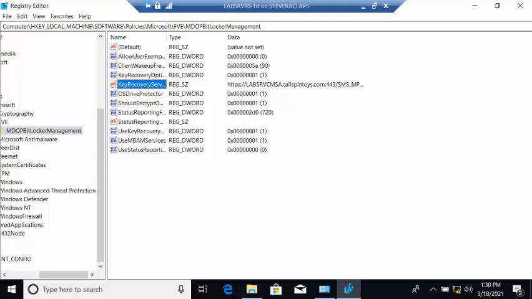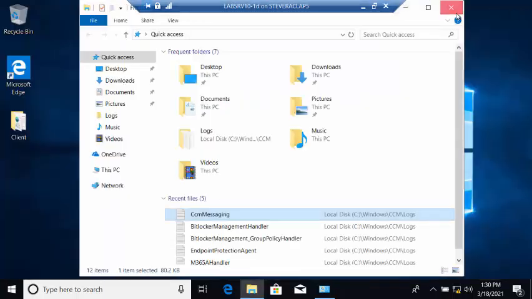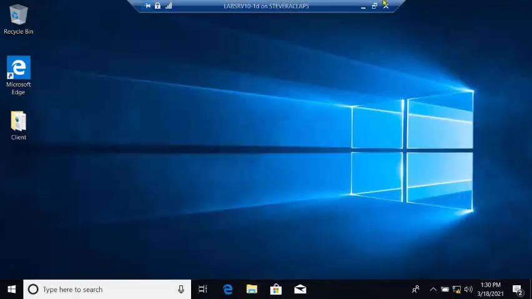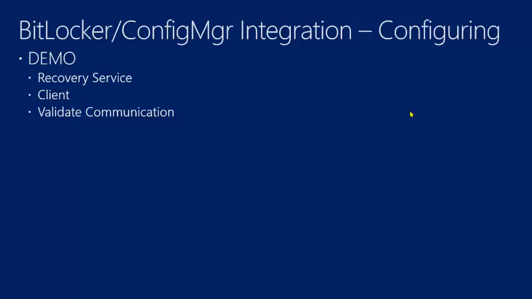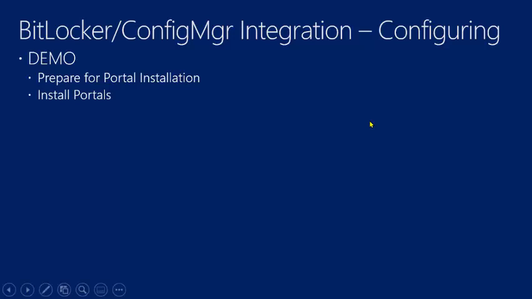Well, it's easy enough. Crack open the registry, and you can validate here that in fact they are using the correct location. All right. So that is configuring the recovery service. That's getting the recovery service configured, and that's most of the configuration infrastructure side that is required,